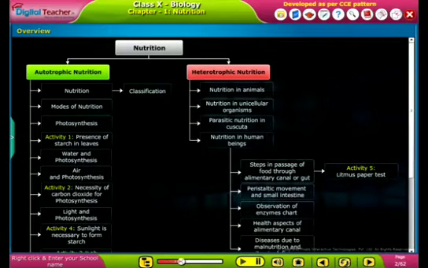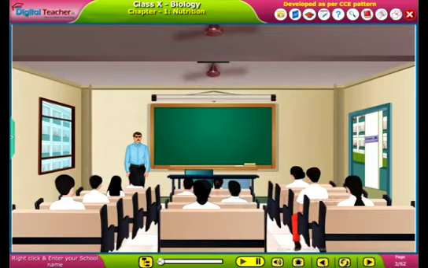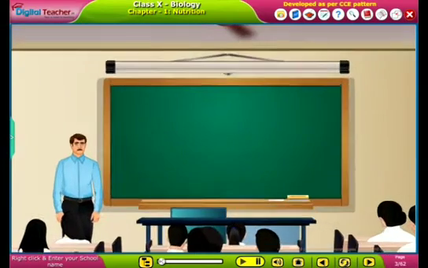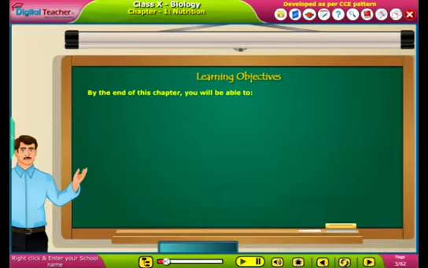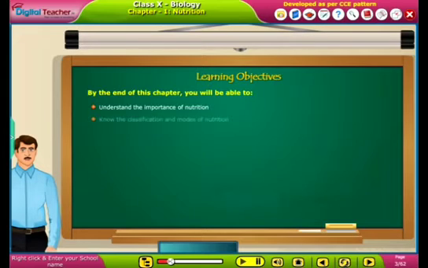This slide presents the overview of the chapter. Learning objectives. By the end of this chapter, you will be able to understand the importance of nutrition, know the